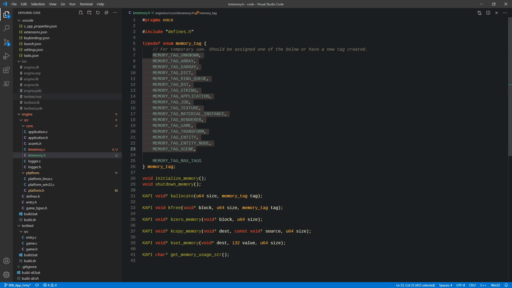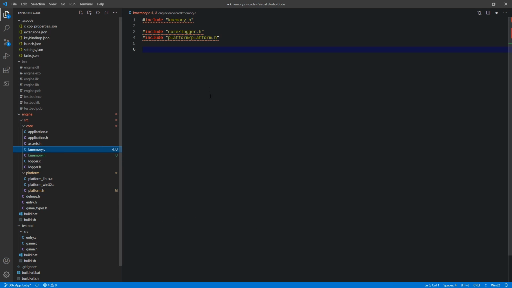Because it starts at 0 and then works its way up, right? So we can technically use this enumeration to hold all of our allocations, or at least the sizes of our allocations, within this particular category. So what I mean by that is back in